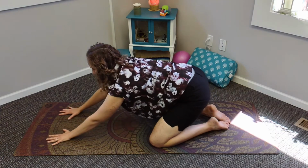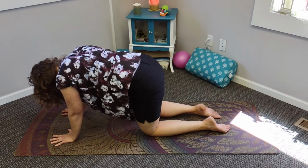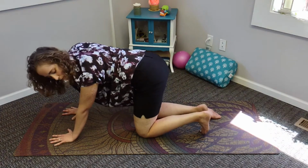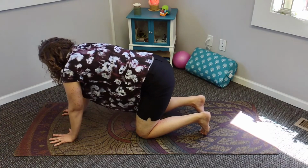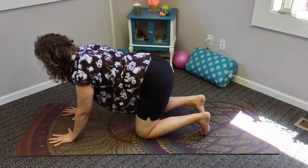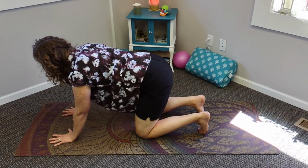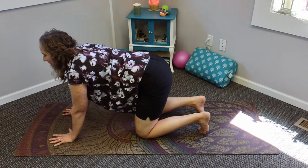Alright, and then we're going to come up onto all fours. Hands underneath the shoulders and knees underneath the hips as best as you are able. We're going to tuck those toes underneath again, and then we'll pull the shoulder blades down the back, really creating integrity for those shoulders, and press into the fingertips here. We're going to tighten the abdominal muscles, knitting the low ribs together, and then as we exhale, we're going to